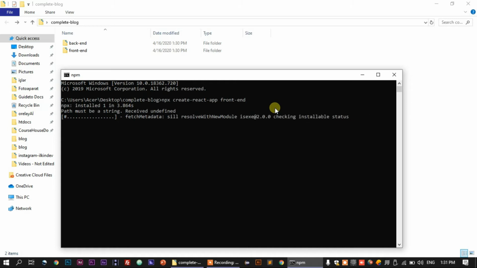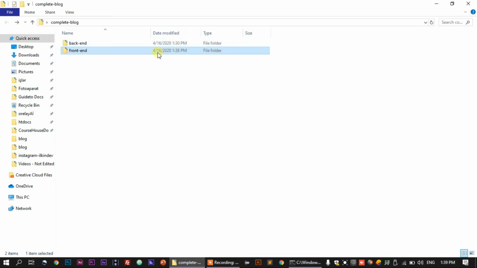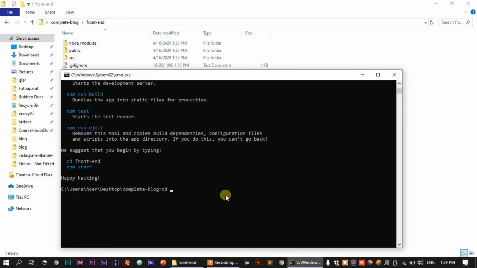So I will pause the video. Once the installation finishes, I will continue. Yeah, application installed. So we're gonna go to front end first. As you can see, it has folders and files inside. So from here, I'm gonna cd to that folder, frontend, and say code dot, which will open